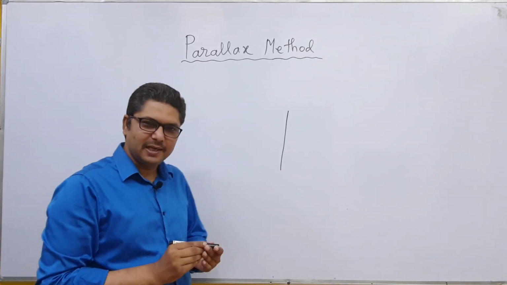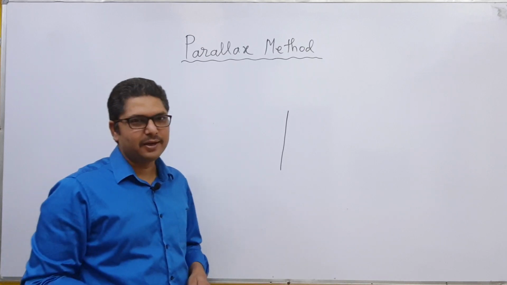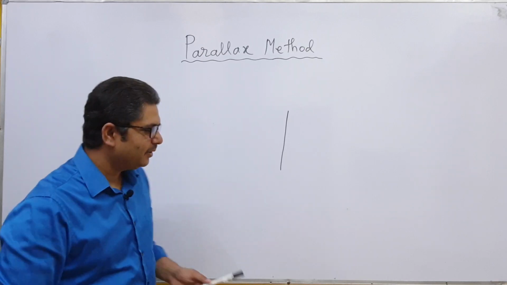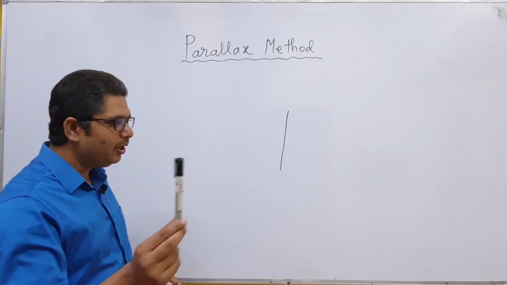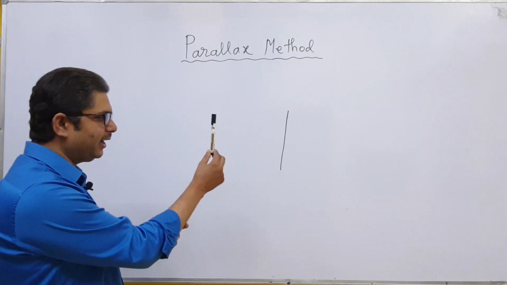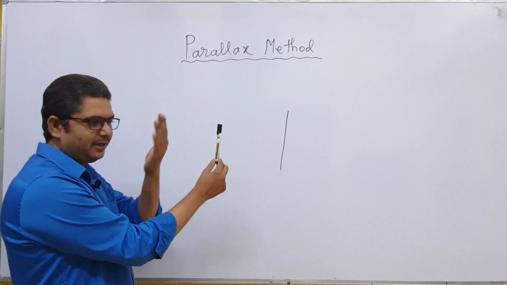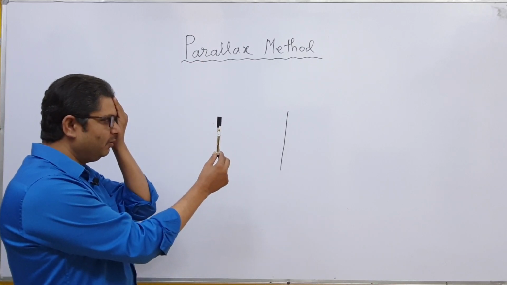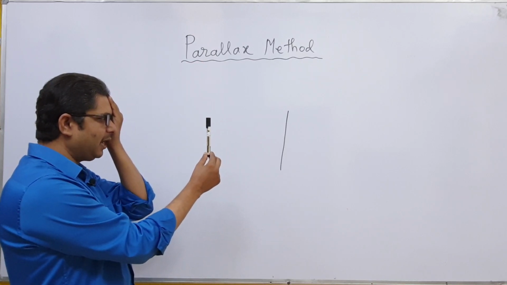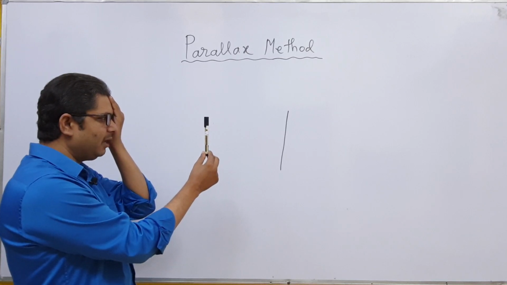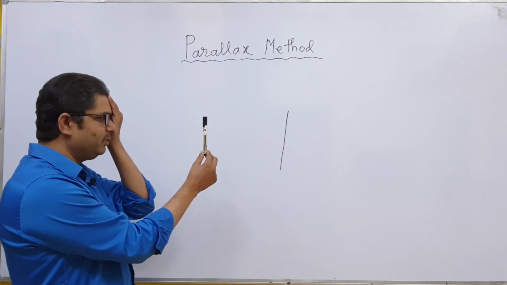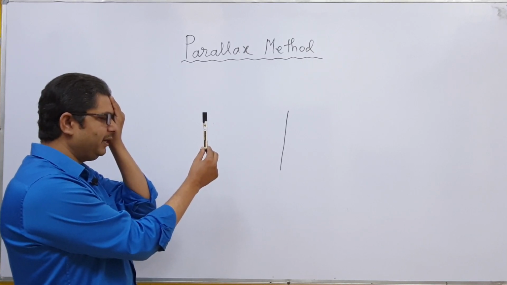And take a pencil or a marker. Here I am taking a marker. Now hold this marker in your right hand and close your left eye with your left hand, and just move the marker so that the line will be hidden. It will not be visible. Okay, so the background will be hidden.